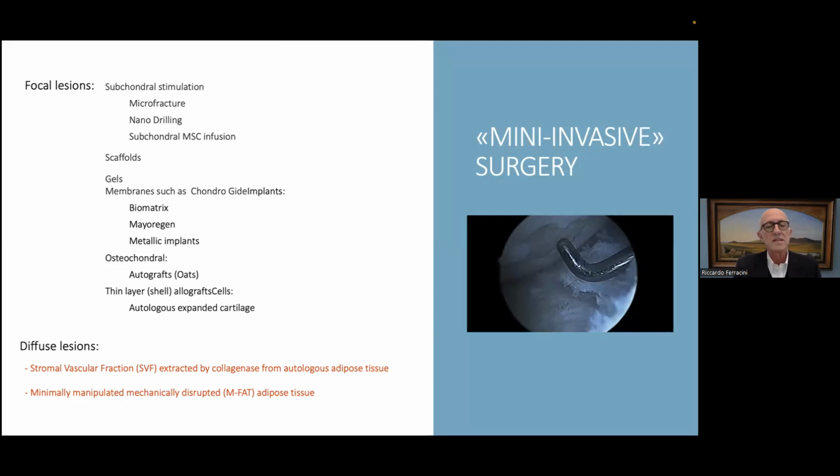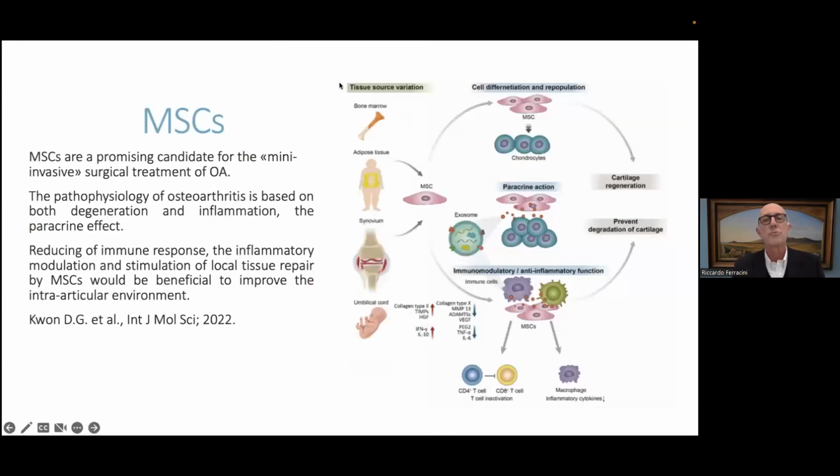Stromal vascular fraction means treating with collagenase, an enzyme that disrupts the fat and leaves the cells free. This is something that, for regulatory reasons, in Europe is complicated to do. It's a long procedure. It's a procedure that leaves collagenase, an enzyme, in what you inject in the knee. So it's not the best thing that you can possibly do. And the regulatory institutions agree that minimal manipulation would be more effective and, in fact, more rapid to produce